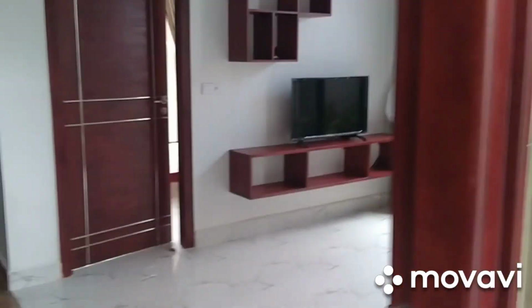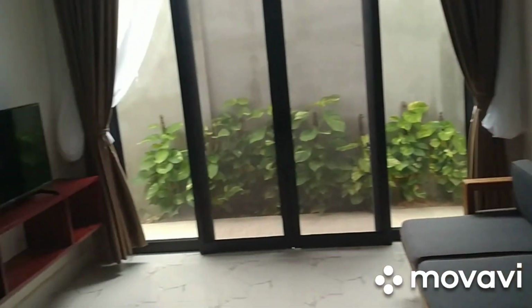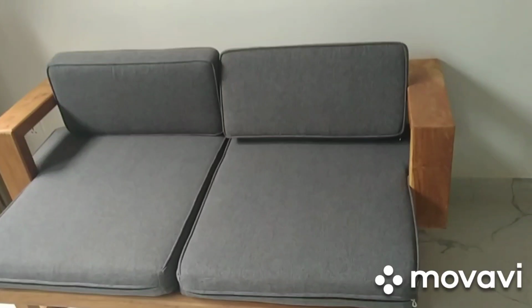All right, guys, and right next door to that one I just showed you is the one for $250. There's the one for $300. This is the one for $250. This one, the big one, is 160 square meters, and this one around 150 square meters. Same thing: TV, balcony or a little patio area. Get a little love seat, a chair. But again, big kitchen, cabinets,